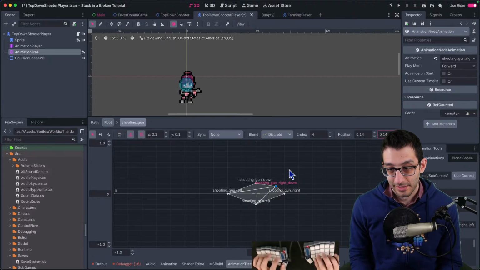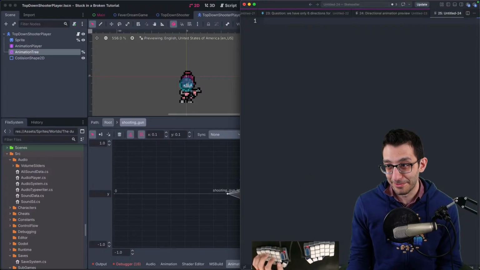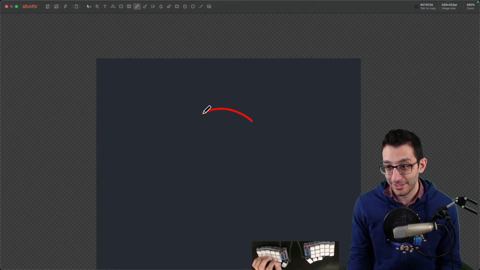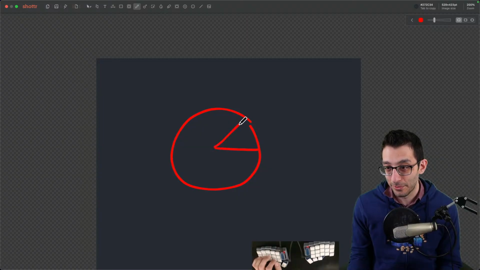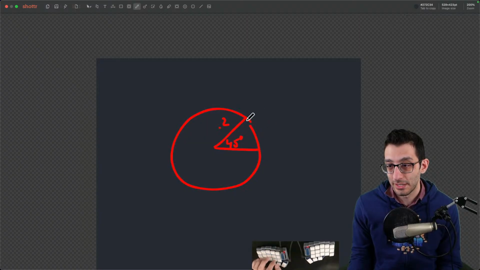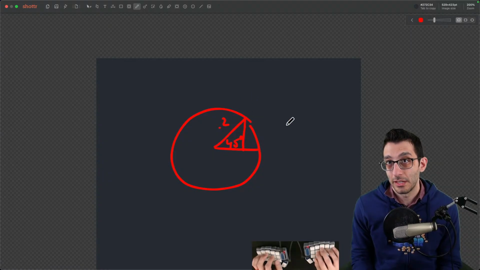Let me think about this. This helped me earlier when I drew a picture, and I'm just going to do this again because I'm an idiot. All right, so we draw a circle, and we have the origin point in here, and we want to go to 45 degrees. And we know that this is supposed to be 0.2. So if we draw out our, I guess our triangle actually ends there. So we do this, it's,